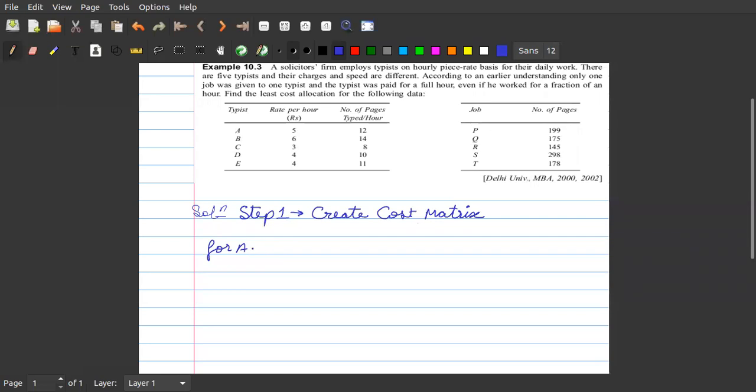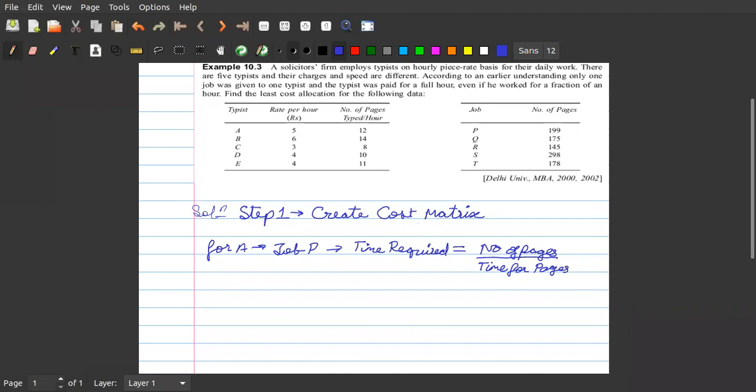For a given job P, the time required will be equal to the number of pages divided by the typing speed in pages per hour.